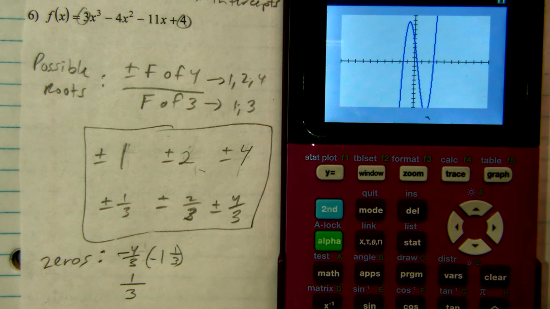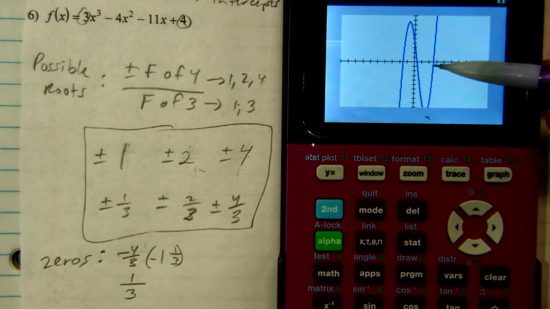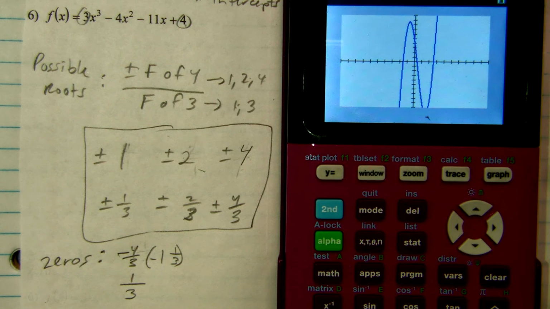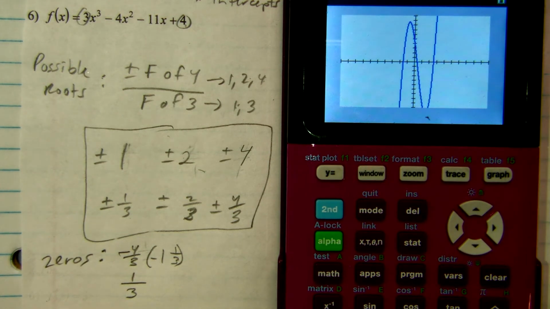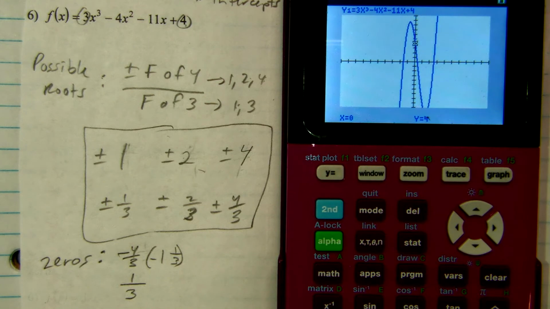Oh, so it's possible, if this doesn't fit any of these, that this is an irrational one, which would be the square root of something that you could birthday cake. And so we may not worry about that one. There's 3 real zeros. These are probably the only 2 that are rational. So what we ought to do is check and make sure that these are actually going to work too. So the way that we can check, you can hit your trace key, and while you're in trace mode,